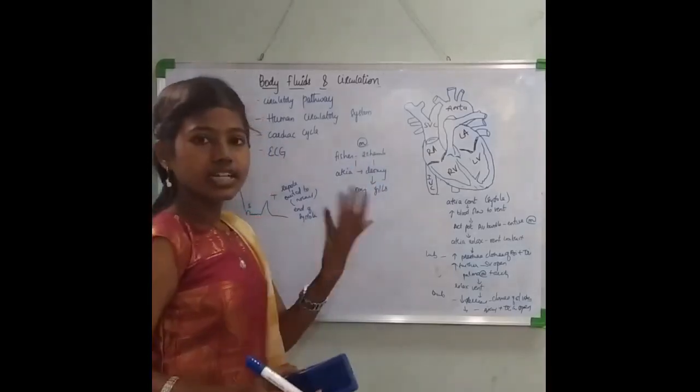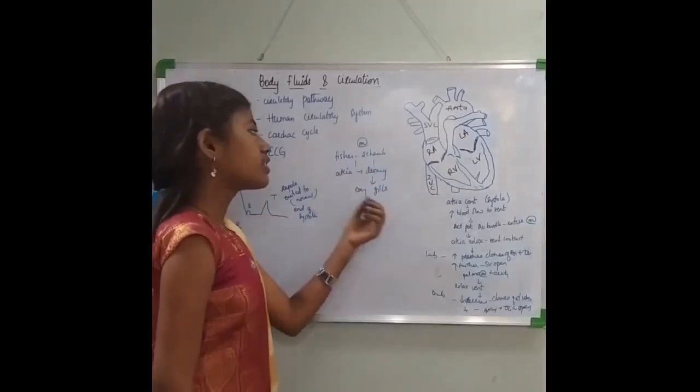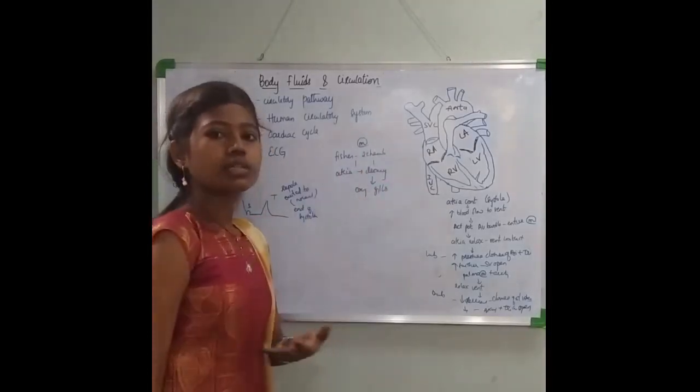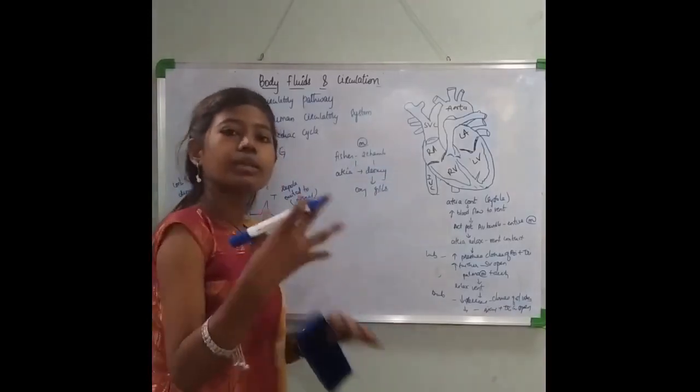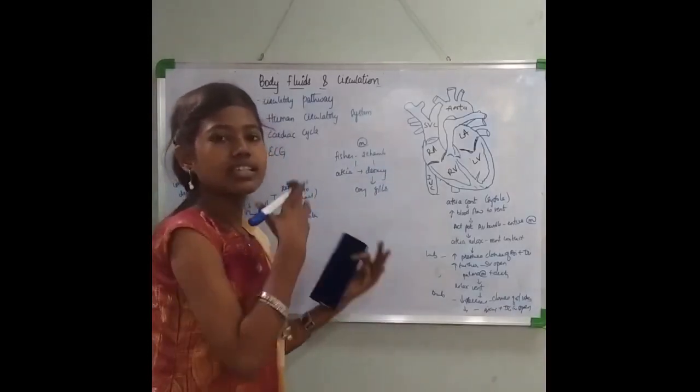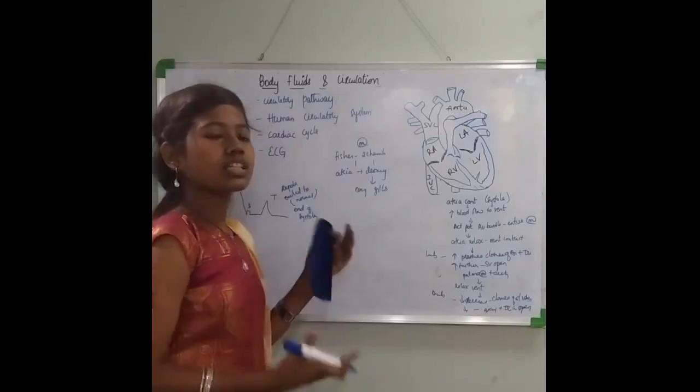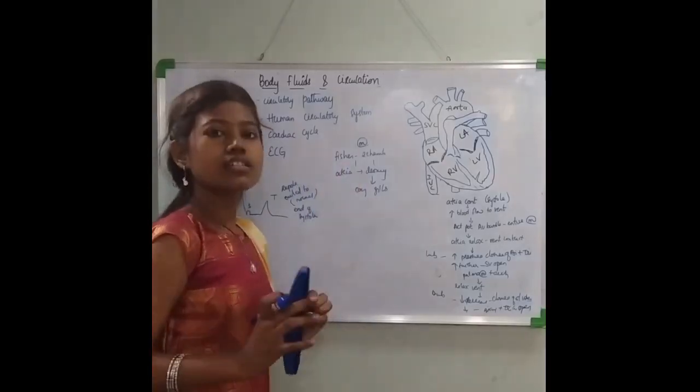Fishes do have gills, right? So with the help of these gills, deoxygenated blood gets converted to oxygenated, and the oxygenated blood is passed out to the body. Now from the body again, deoxygenated blood is carried back and the same process continues. So this is referred to as single circulation.